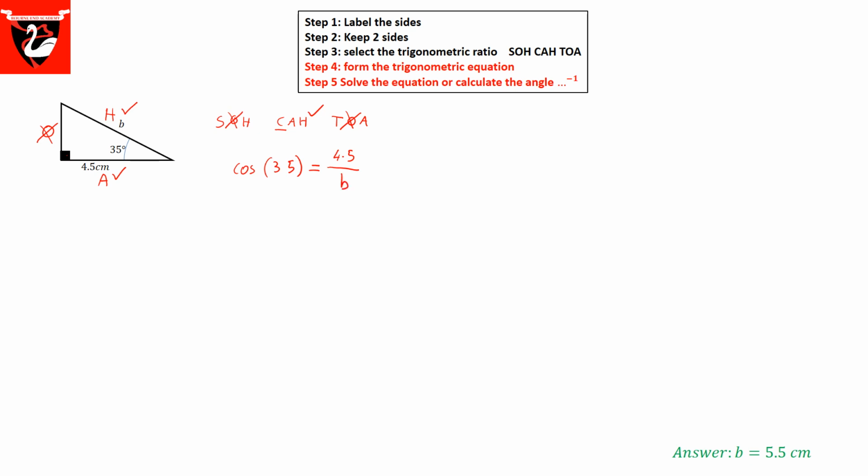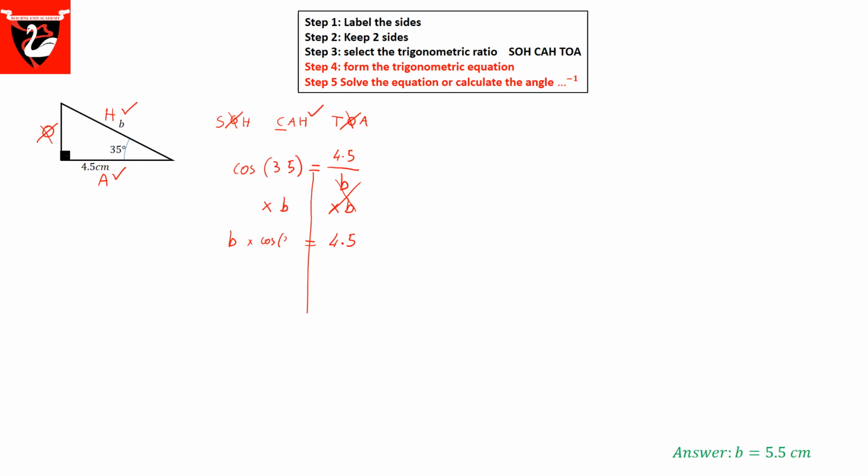At that point, once again, I am no longer doing geometry, I'm actually solving an equation. It's a little bit trickier because this time I've got the unknown at the denominator. So the first step is you're going to clear your denominator, you're going to multiply both sides by b so that you no longer have the unknown at the denominator. The result of multiplying both sides by b is that on the right hand side the b's are cancelled. What's left is 4.5,